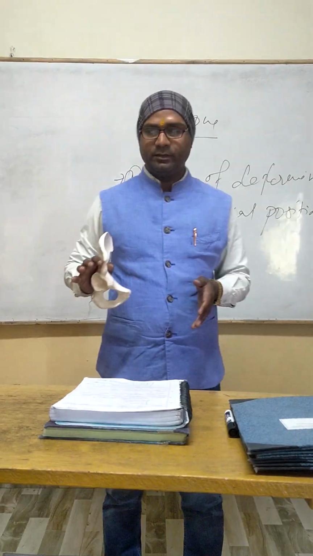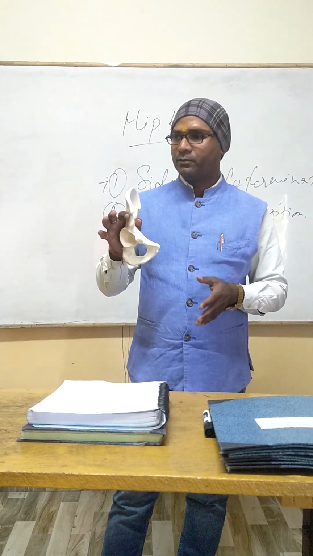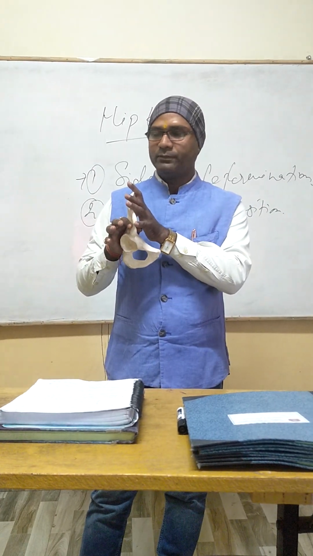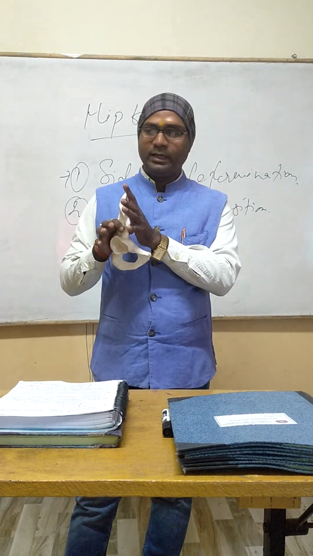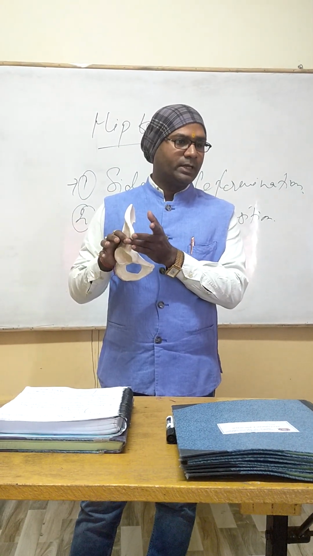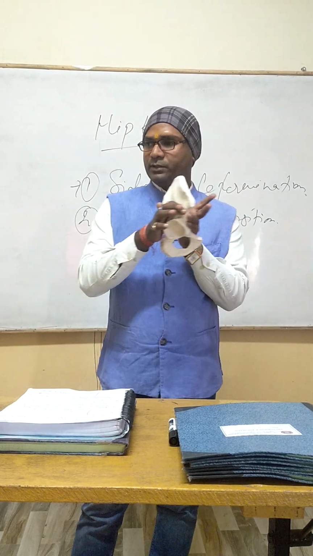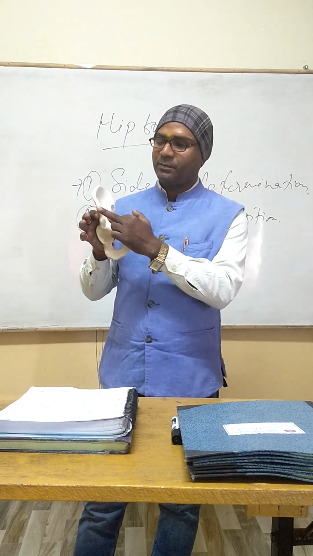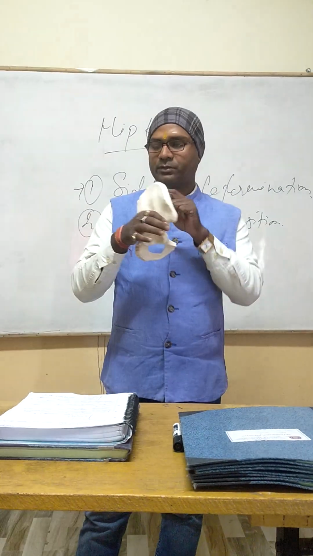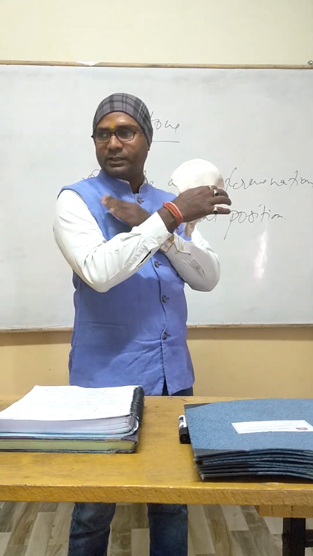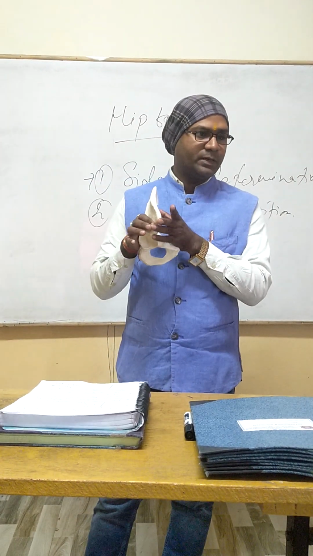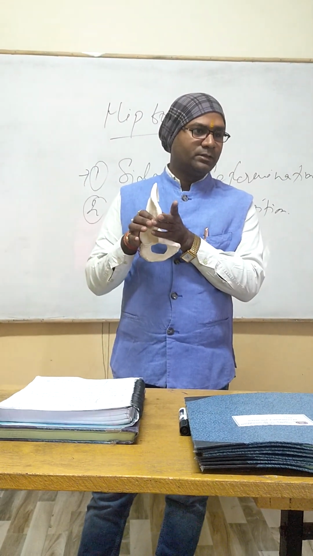Okay, in our body. So first we are going to talk about the ilium, which is the expanded part. The ilium has the anterior border, the anterior superior spine and the posterior superior spine. The anterior superior spine is the first notch present in the anterior side, and the posterior superior spine is in the posterior side.